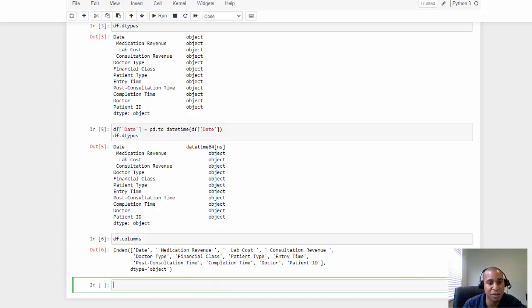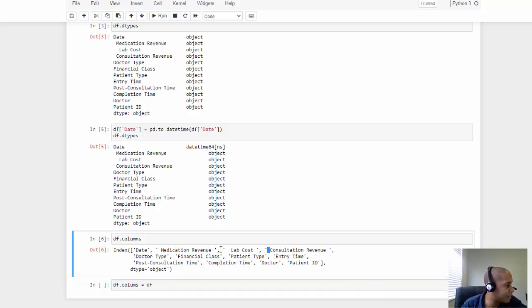So what I'm going to do is fix this by going in and calling the columns. So I want to use that and I want to save it after I run this function over it. I'm going to strip all the white space that exists in front of and behind